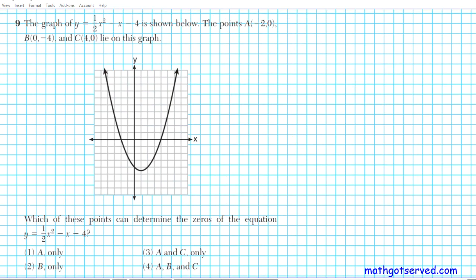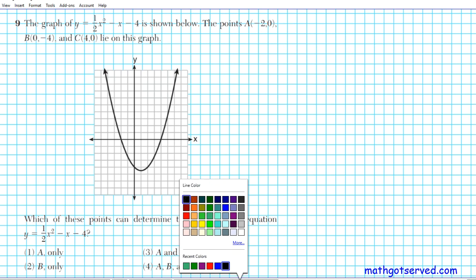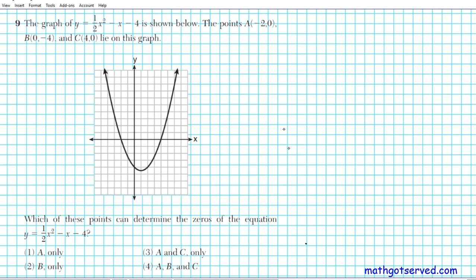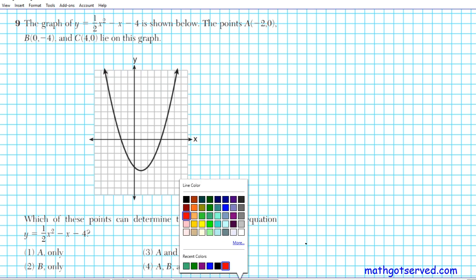All right, let's take a look at question 9. It says the graph of y equals 1/2 x squared minus x minus 4 is shown below. The points (-2, 0), (0, -4), and (4, 0) lie on this graph. Okay, so which points can determine the zeros of the equation? Now, you want to remember the following. You want to recall that